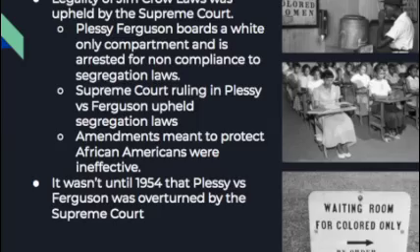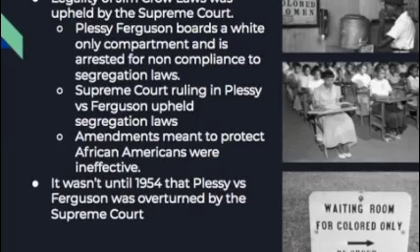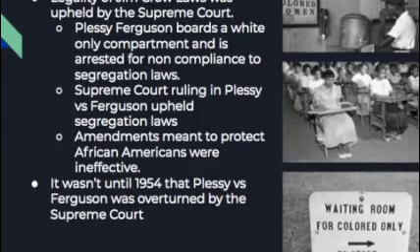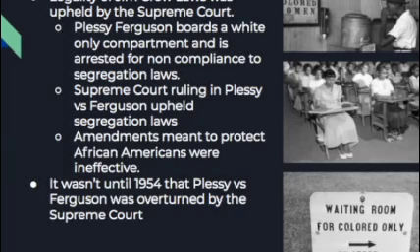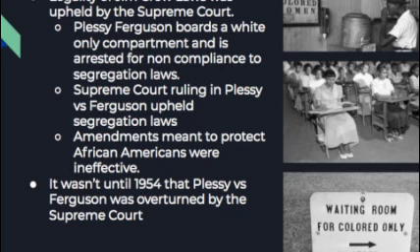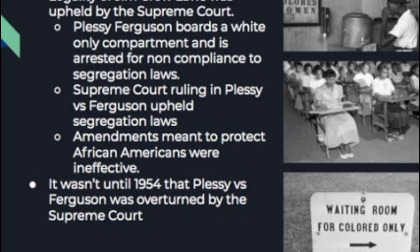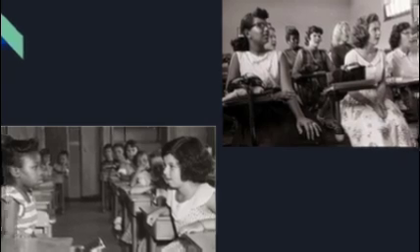After World War II, the United States began to get a lot of attention because they were still following segregation rules. However, it wasn't until 1954 that Jim Crow laws and segregation were ruled illegal by the Supreme Court, and desegregation began. These are some of the things that you should know about the Jim Crow laws.